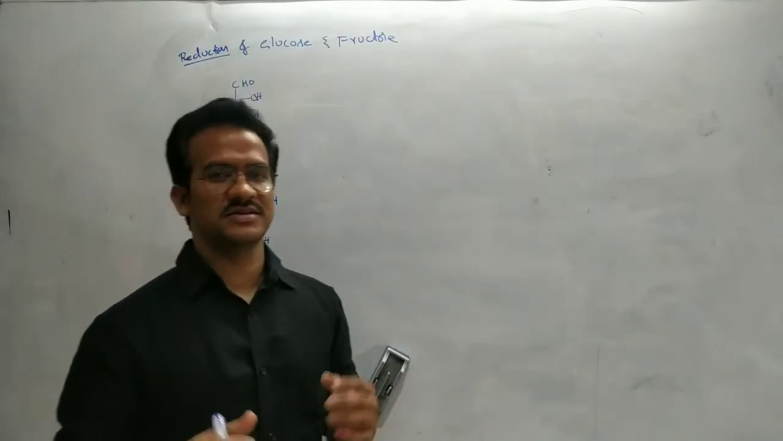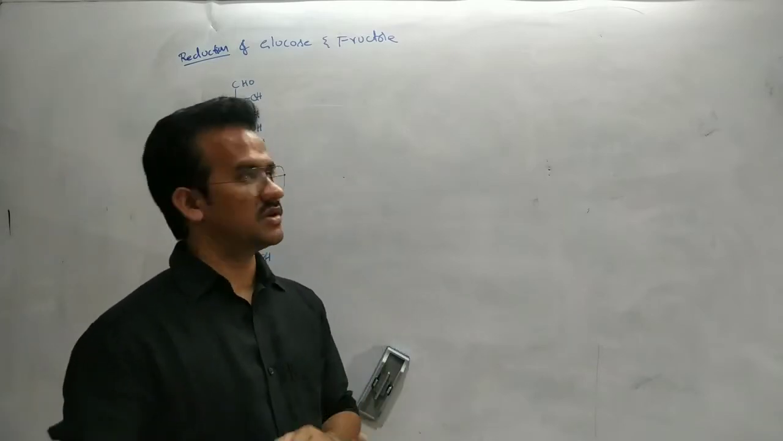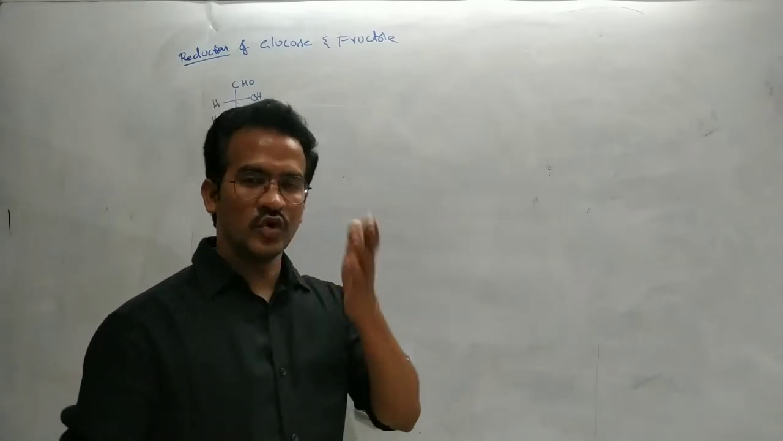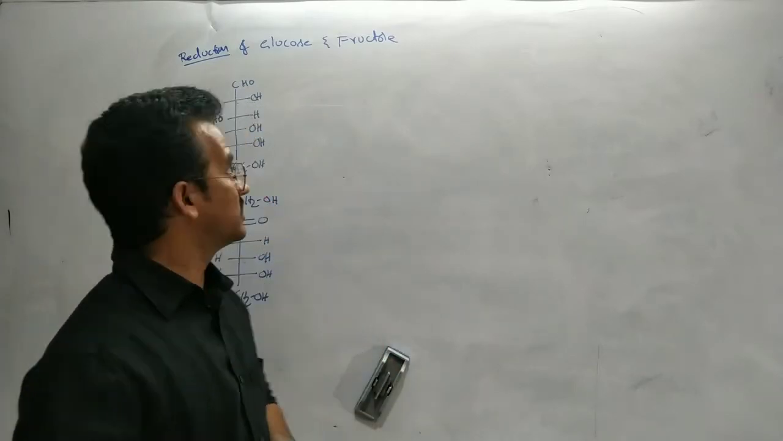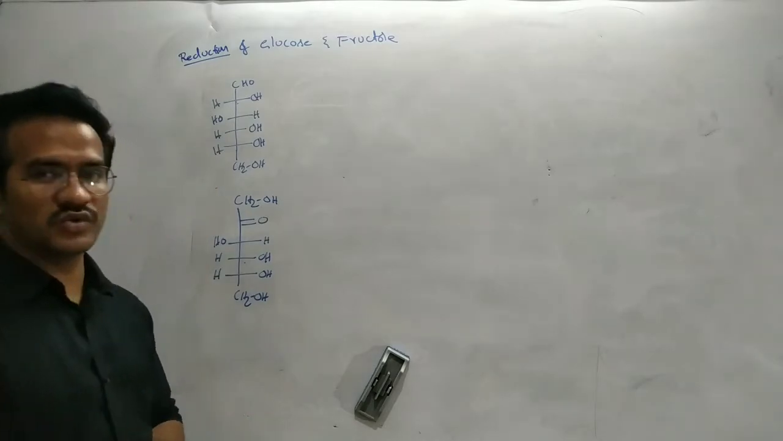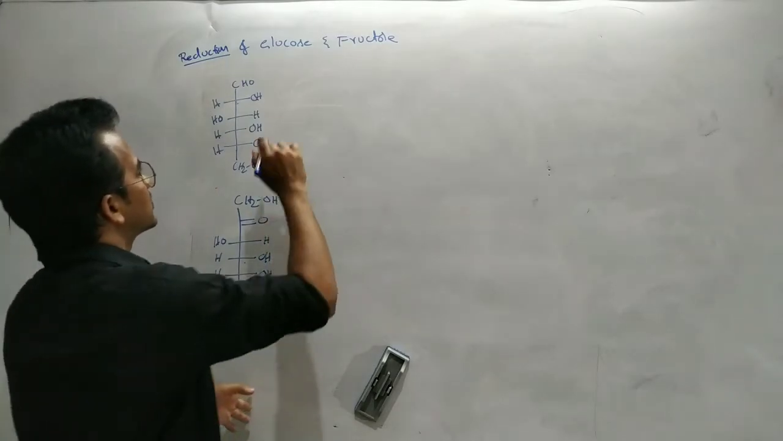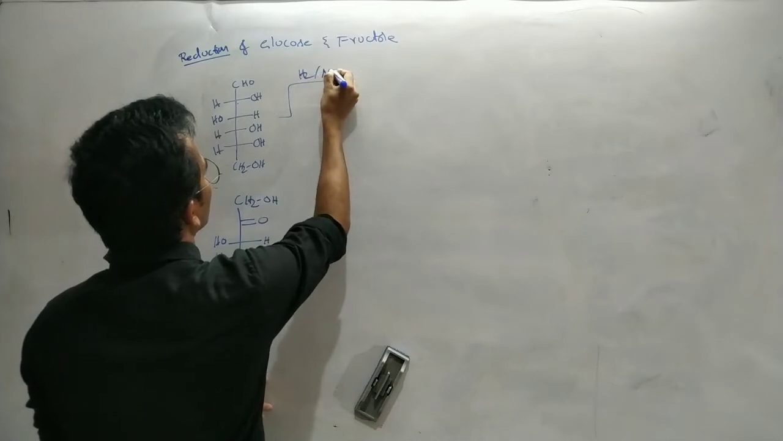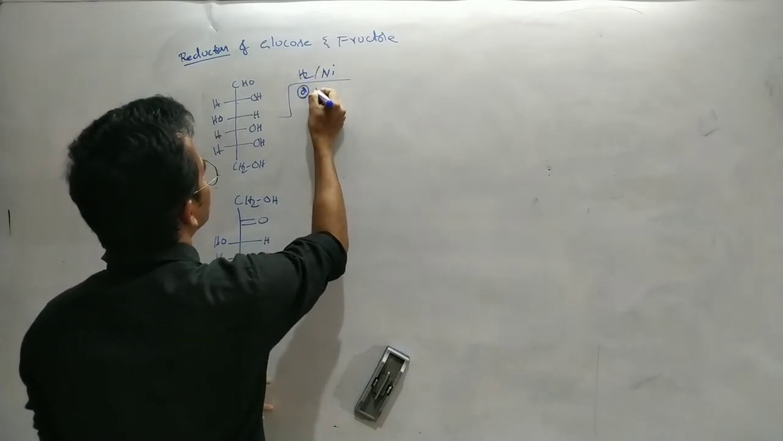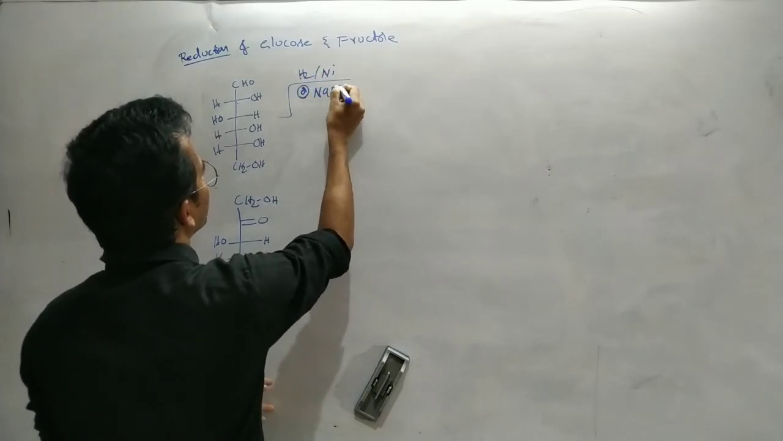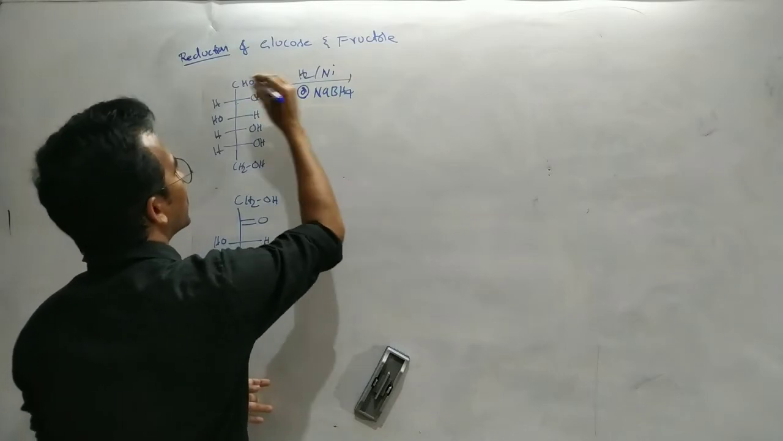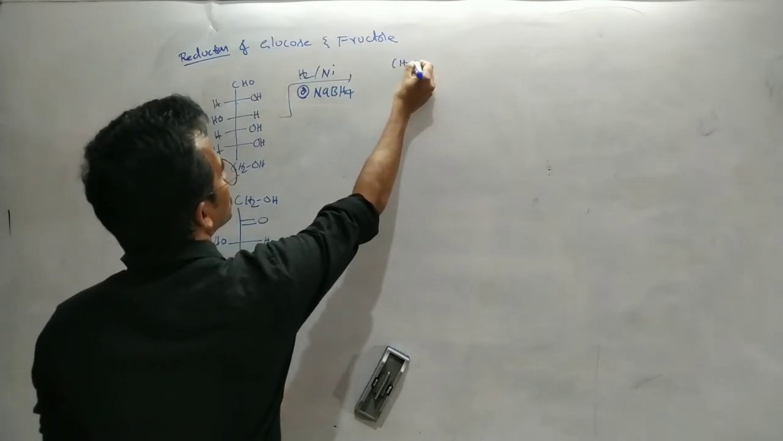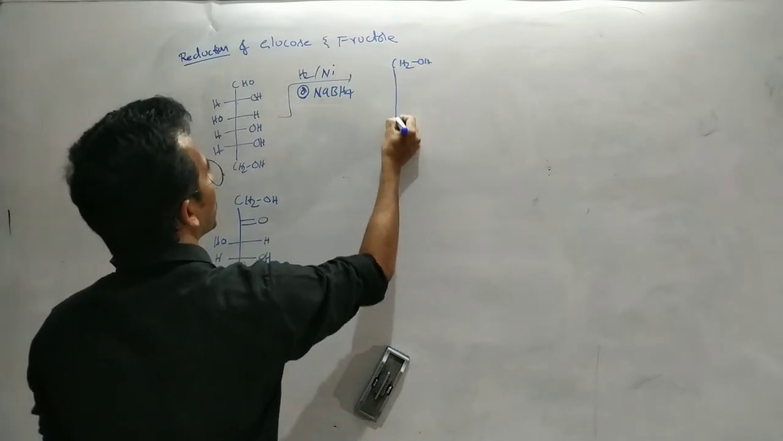Here I discussed oxidation and reduction of glucose and fructose. Okay. So first of all, reduction of glucose and fructose. In this case, this compound on reduction with H2/nickel or with sodium borohydride, just this aldehyde group is reduced to CH2OH and the remaining